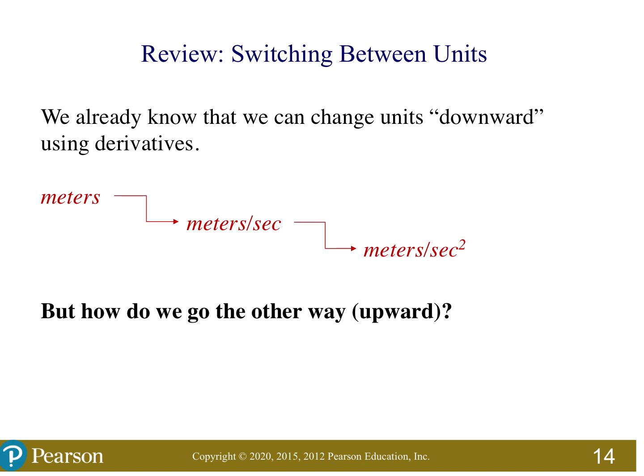All right, so let's again just review what we've talked about for units and how, in my mind, these are units in the way they go down because I think of them as division. Okay, if you start with meters and then you take a derivative, that takes you down to meters per second. If you take a derivative again, you're dividing again, and you end up with meters per second squared. And then we've talked about how to go the other way, how to go up. Okay, and so the answer to how do you go up is by using